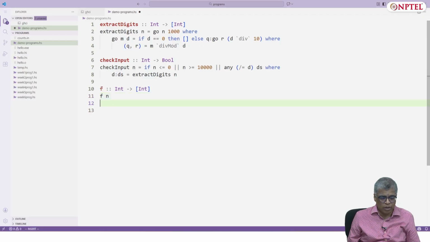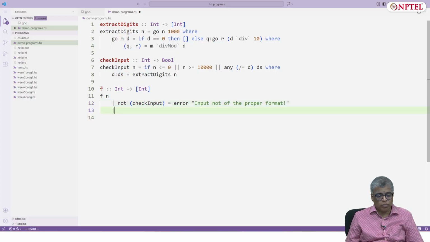So f of n, if not check input of n, then you say input is not of the proper format. Else there are two conditions.